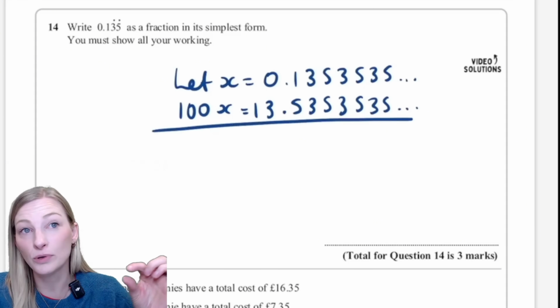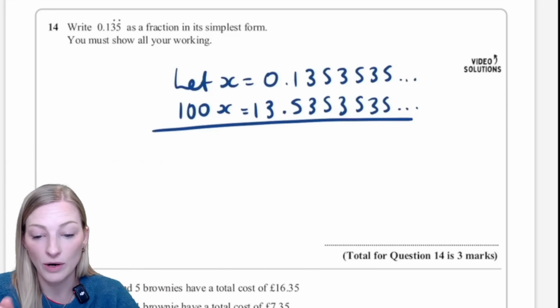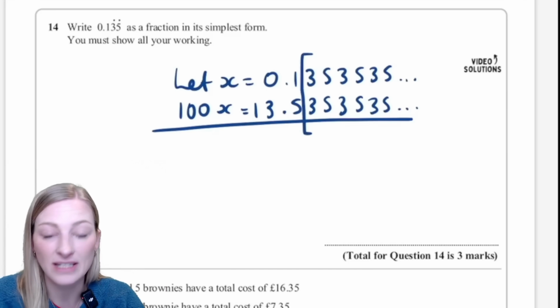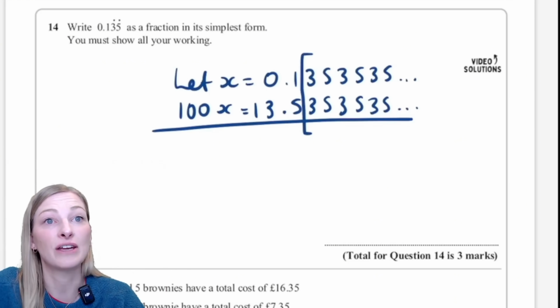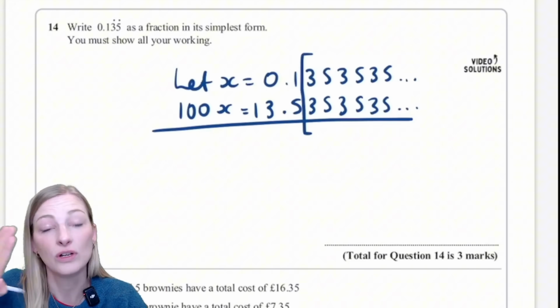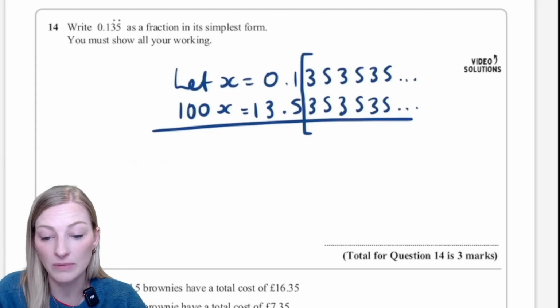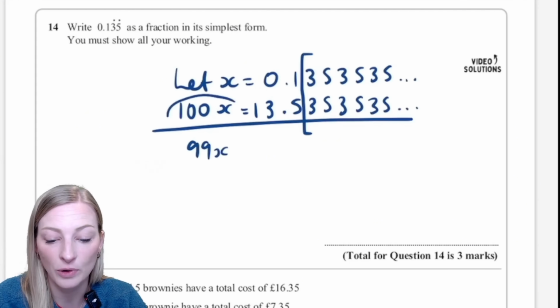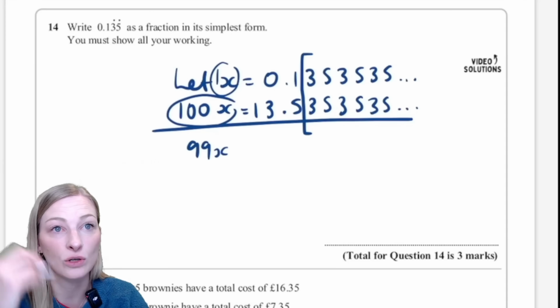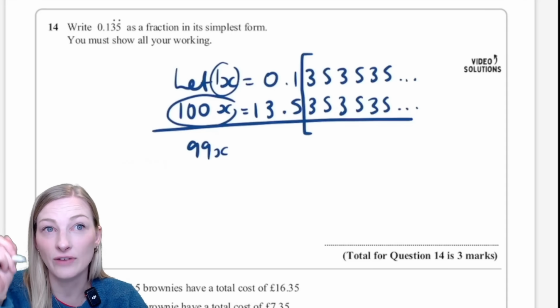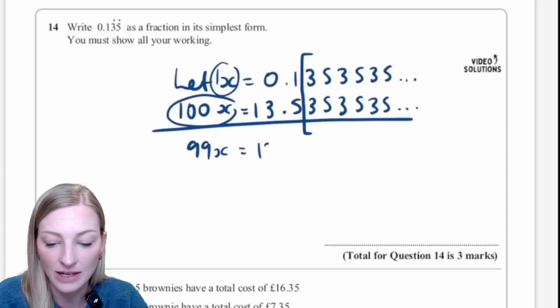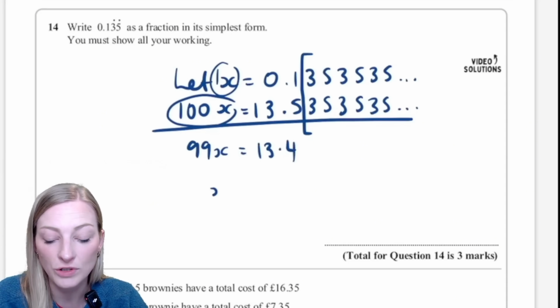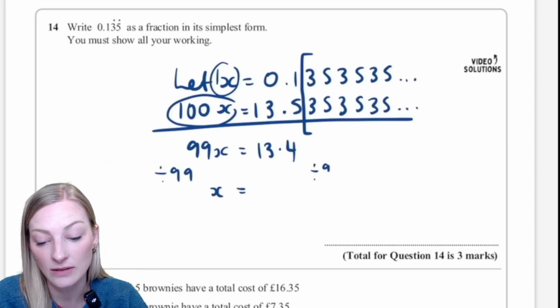I'm now going to do the bottom row, take away the top row. Now everything beyond that point is going to cancel. 3 take 3, 5 take 5, 3 take 3 is all going to be gone. So all of those infinite numbers are going to be gone, but I'm left with 99x, because I'm doing the bottom take away 1x, take away the top, and 13.5 take away 0.1 is 13.4. I want to know what x is as a fraction, and to get that I can divide both sides by 99. So 13.4 over 99